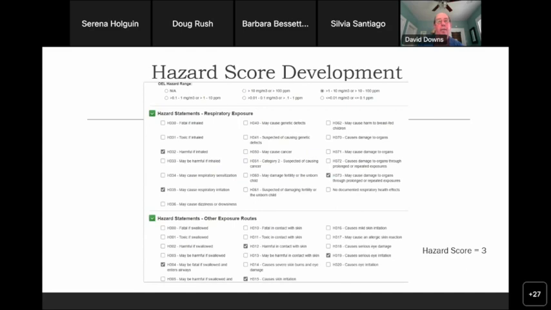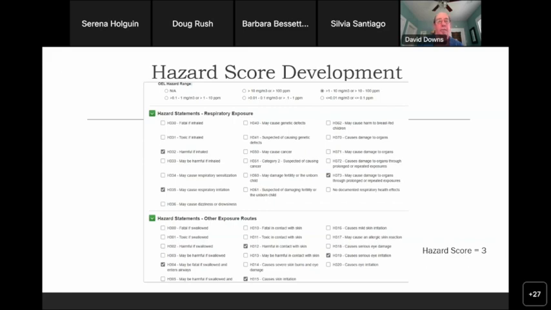Then you have an opportunity to input actual OELs that maybe exist. If they do exist, then they're assigned to a range, and you'll see real similarities between these hazard ranges and what you've seen in the other types of tools that are out there as well, very similar. And then you, going off of the safety data sheet, or perhaps looking in Justice or some other database, identify what hazard statements have been assigned based on GHS.